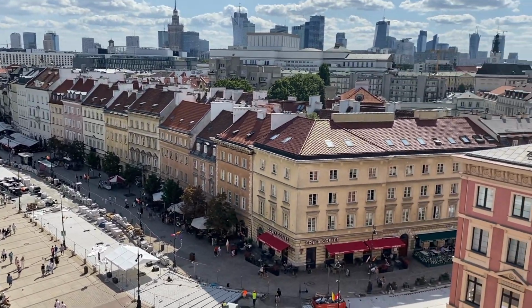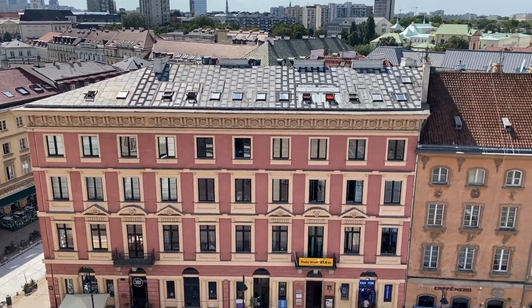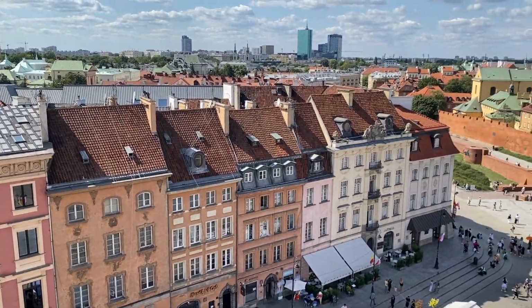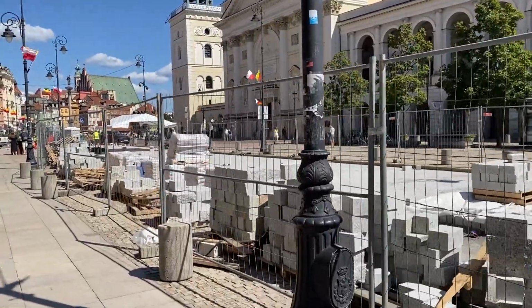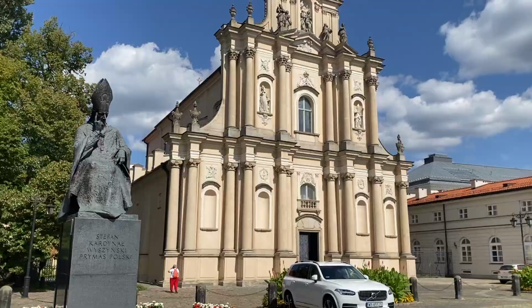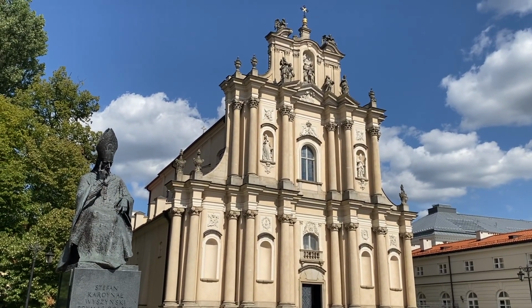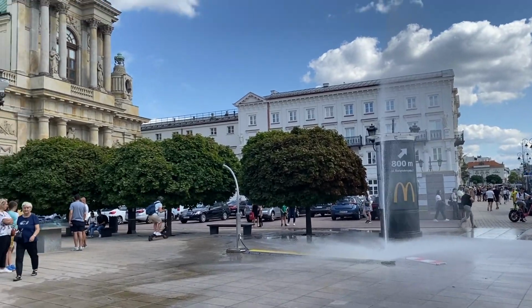The entry fee was cash only, so keep that in mind as it's the first time I encountered that all day. The Royal Route had a long construction site running through the centre of it at the time. But this did not take anything away from the stunning buildings on either side of the street. It was just harder to cross in some sections. Highlights included St. Anne's Church,